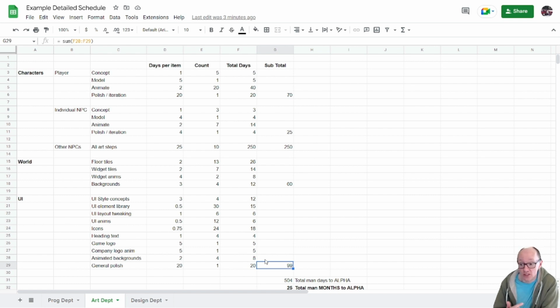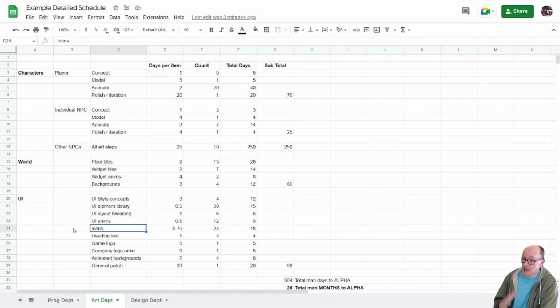Maybe you might spot something in the GDD that they've not put in the art schedule, like, hey, achievements. Have I got them here? I don't see them, unless they're in icons. Each achievement has got a special graphic icon that needs to show up. Is that included? Is that what you mean by icons? Or do we need to add those as well?